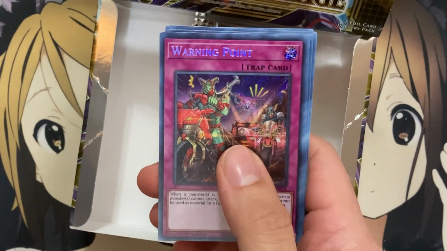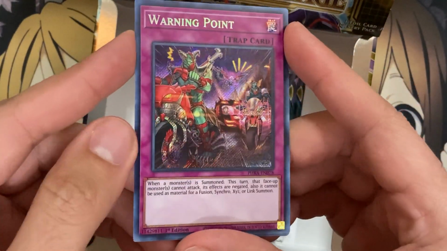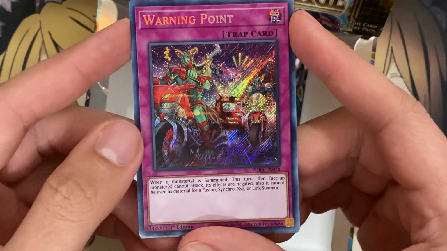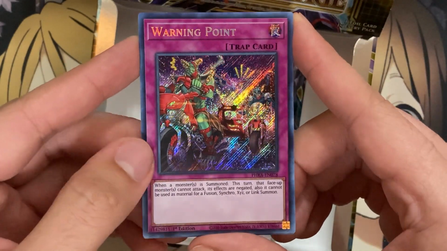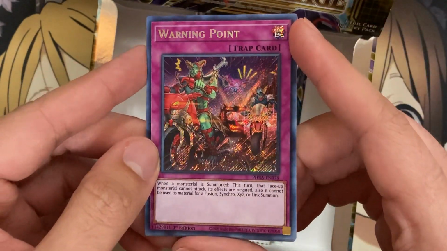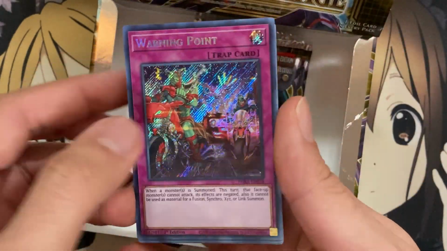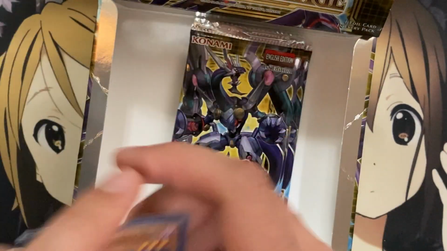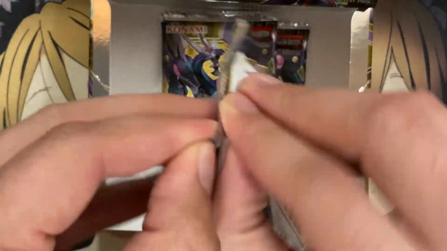We have a Warning Point. This was a trap card that they were definitely, I would say, pushing for just to be a staple, maybe. When a monster is summoned this turn, that face-up monster cannot attack. It's basically the Dimensional Barrier for this set. I can see it being an investment card, definitely get a play set of, but very situational. Nothing against Monarchs, but against a lot of other different decks, definitely good for sure. All right, 4 packs remain. Should still have one more Ultra, so